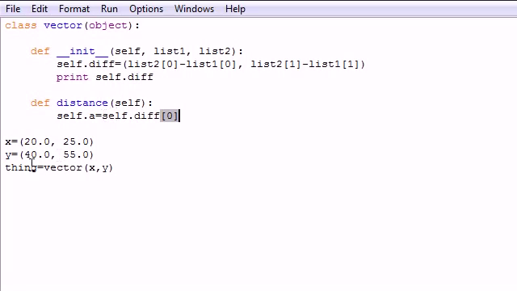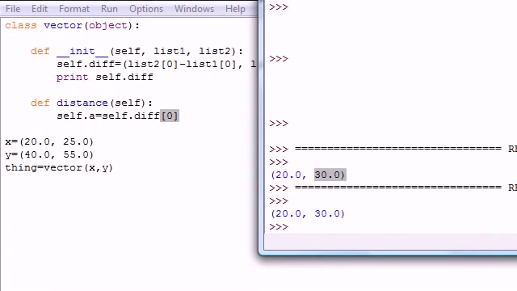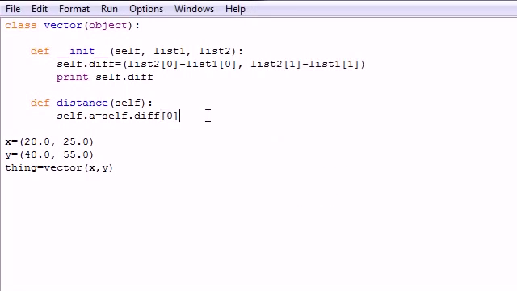Since this is equal to this coordinate minus this coordinate, right now self A is going to equal 20. Because remember, here's the list I was talking about. This list is self diff. So self A is going to be equal to the first item in it, which is 20, and self B I'm going to make equal to this item, which is 30. And then we can use those two items. These are the two sides, and we can use these two sides to figure out the length of that third